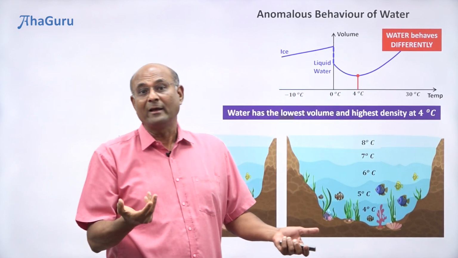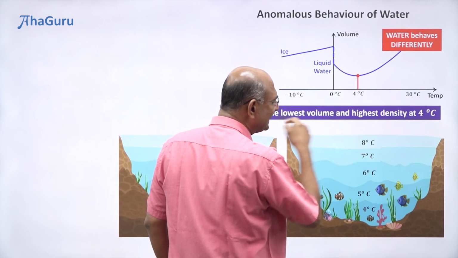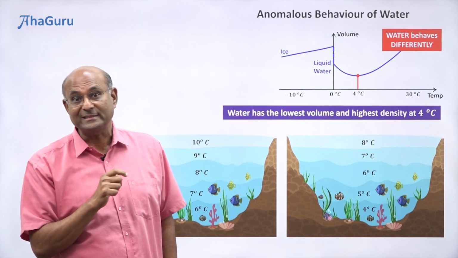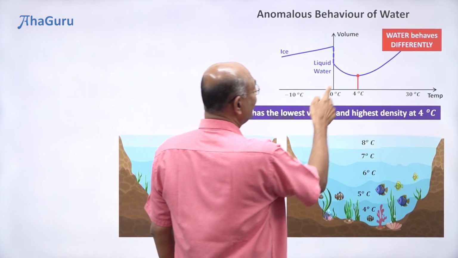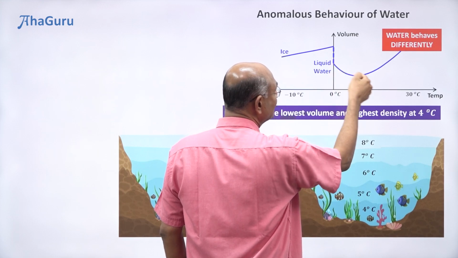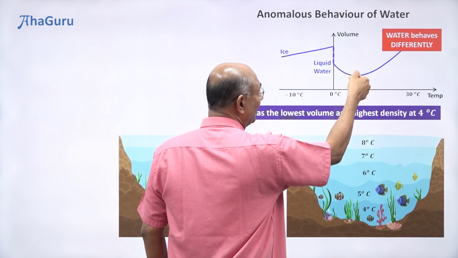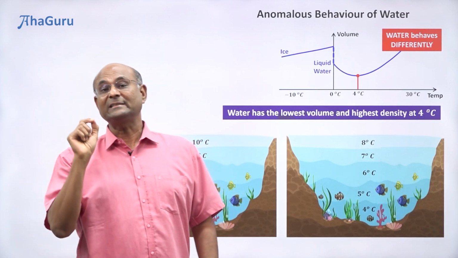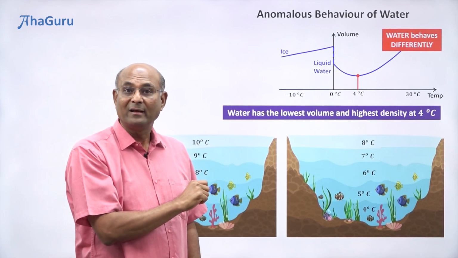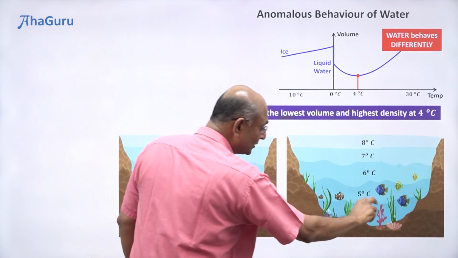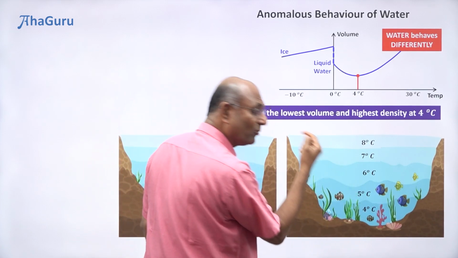From the top layer is where you can lose heat. Suppose this becomes 3 degrees Celsius. Will it go all the way and go below 4 degrees Celsius? Think about it. 3 degrees Celsius. Well, below 4, what is happening to the volume? As I keep going down, the volume is increasing, which means density is decreasing. So 3 degrees Celsius water will be lower density than 4 degree. So 4 goes to the bottom, 3 will not go below it.